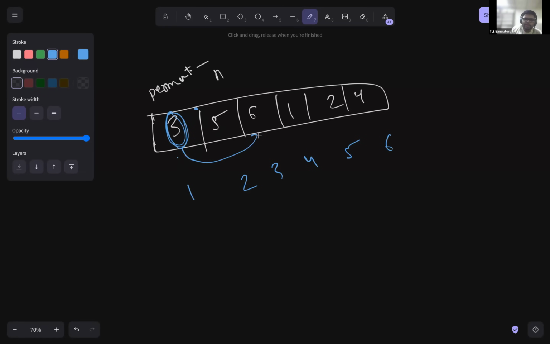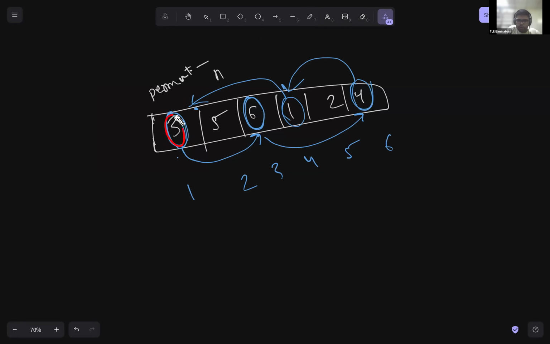Let's go to the index 3. The value at index 3 is equal to 6. So let's go to the index 6. Here the value is 4. So let's go to the index 4. From here, let's go to the index 1. Now, all the values,